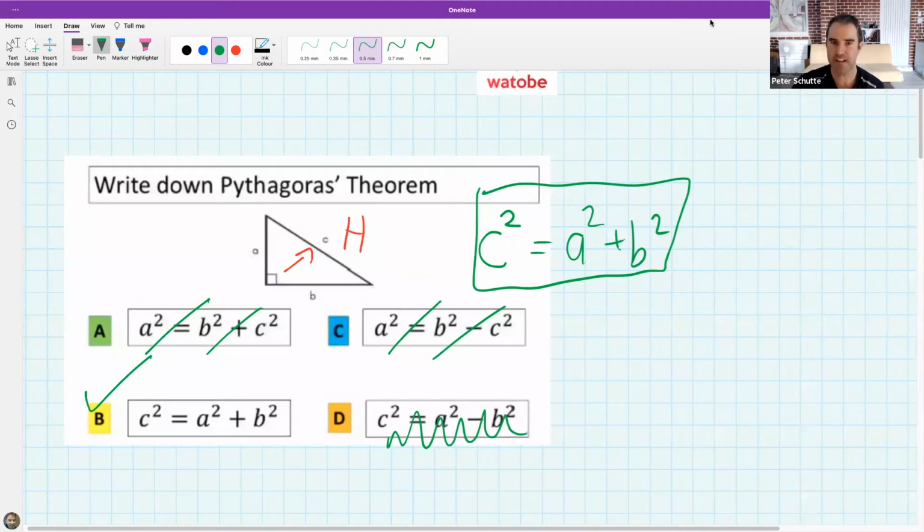Okay, give me a thumbs up if you feel like you understand the theorem of Pythagoras or you recognize it. Just want to make sure that you feel comfortable before we practice it. Okay,